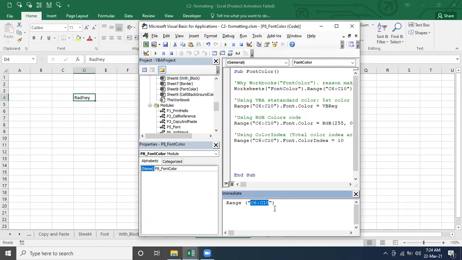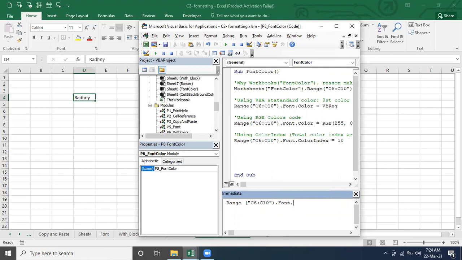For this we do font dot color. If you use the color, it's going to work for the font color, not for something else. But here we have one more option which is talking about the background.